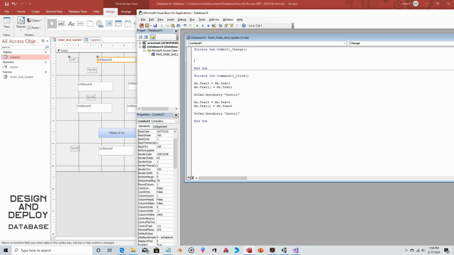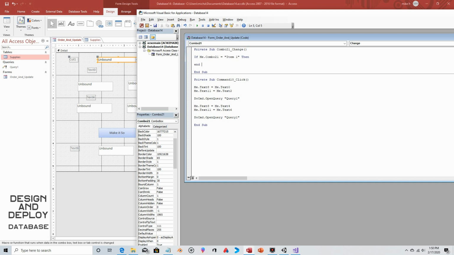And we're going to put in an if statement. In fact, we're going to put in a bunch of if statements. So there might be a better way to consolidate and streamline this. But again, I'm trying to show you the linkage between the combo box and the other fields on the form. So we're going to use an if statement. So if Me.Combo21, there it is. So if that value is equal to, and you need this exactly right, is equal to item 1, then